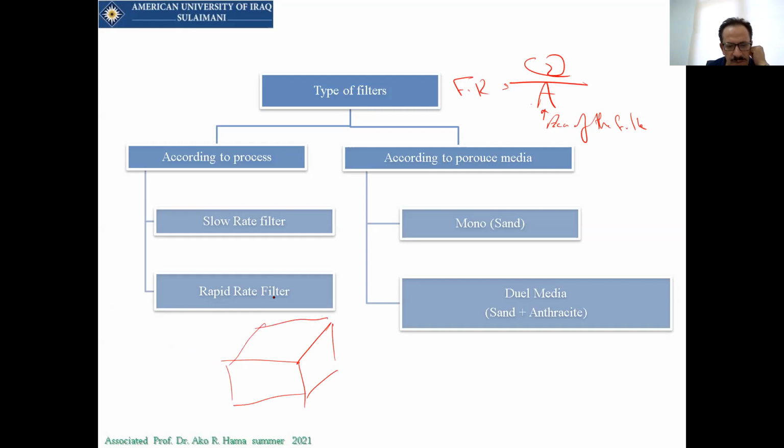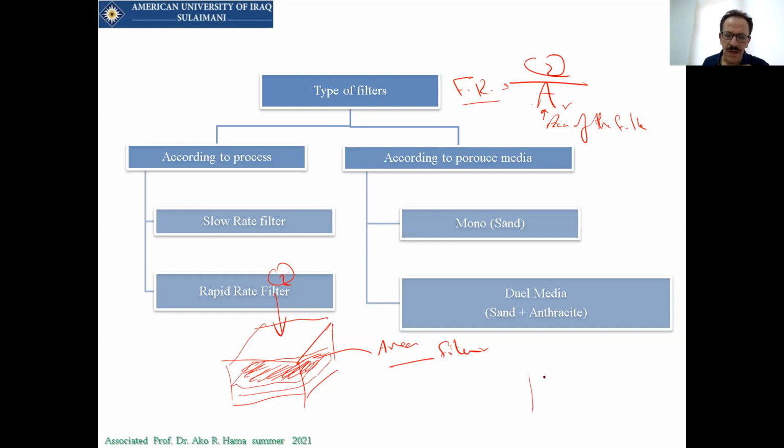So if it was a tank and I will have the Q, I have to put a gravel on this tank, a layer of gravel and a layer of the sand. So the area of this, this is called the filter area. When I divide the Q by the filter area, it will give me an indication. It's giving me a filtration rate, which is the velocity. Actually, it's the velocity of water just above the filter.